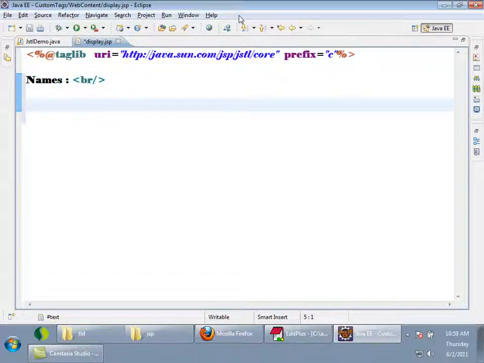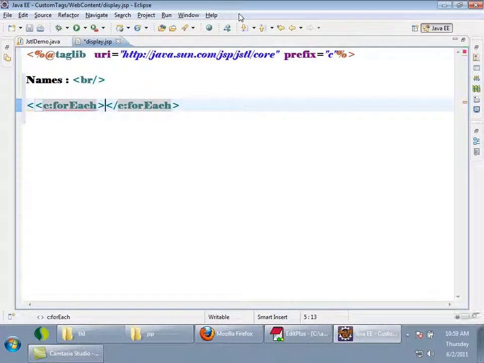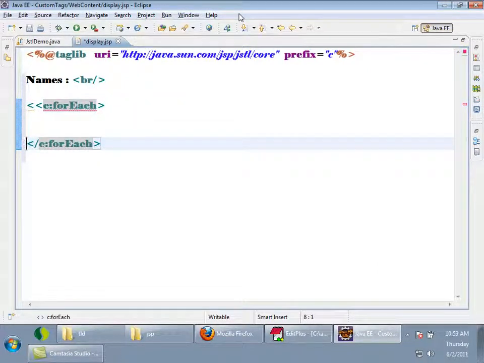Now see here how I'll use it. If I press Ctrl+Space, see, it's showing all the tags. c colon, there is a tag called forEach. Okay, so I want to iterate over a collection, right? What are the items to be iterated over?